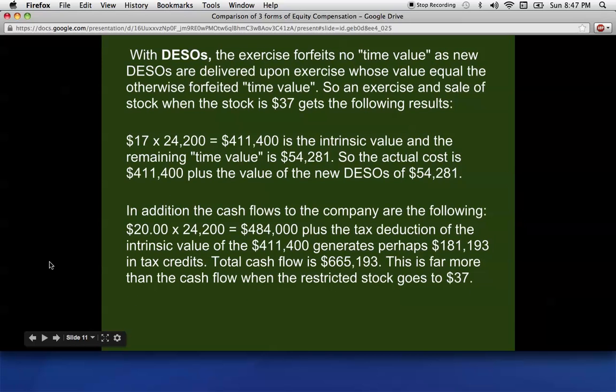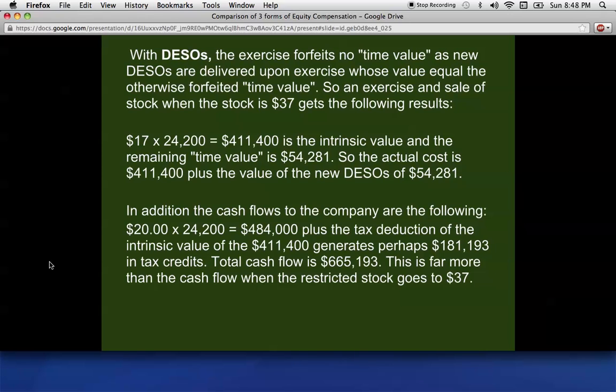With dynamic employee stock options, the exercise forfeits no time value, as new ESOs are delivered upon exercise, whose value equals the otherwise forfeited time value. So an exercise and sale of stock when the stock is 37 gets the following results. 17 times 24.2 equals 411.4, and that's the intrinsic value, and the remaining time value is 54,281. So the actual cost is